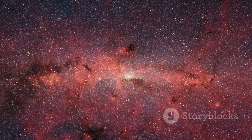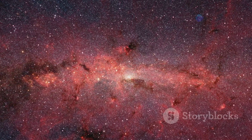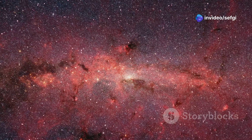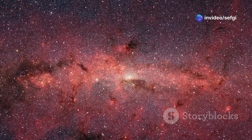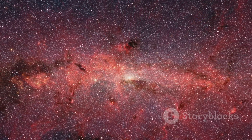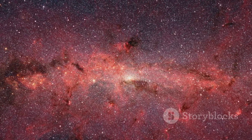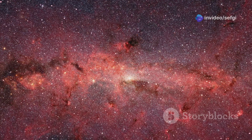gifts. These elements, scattered throughout the cosmos by stellar explosions, provide the building blocks for future generations of stars and planets. When a massive star reaches the end of its life, it explodes in a supernova, sending its enriched material into the surrounding space. This material then becomes part of the next generation of stars and planets, continuing the cycle